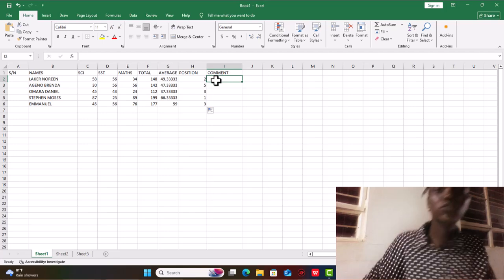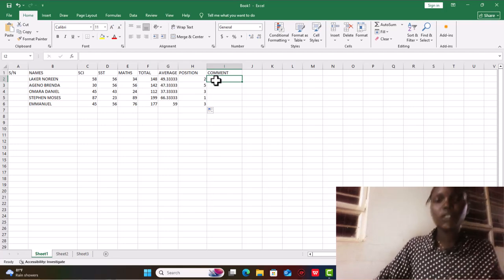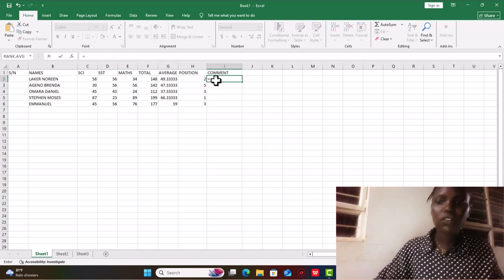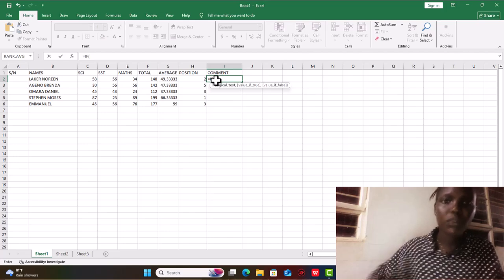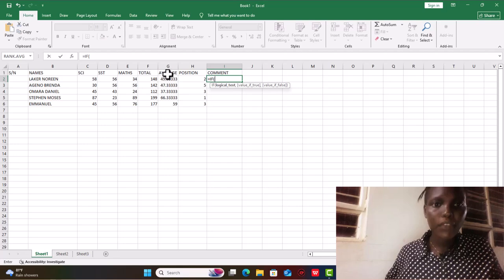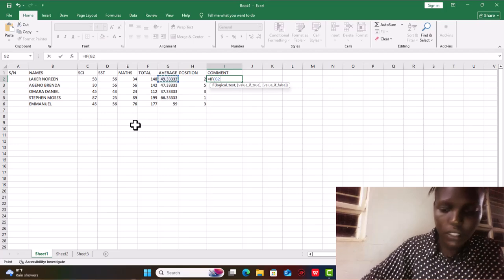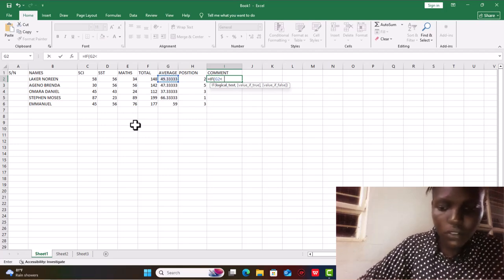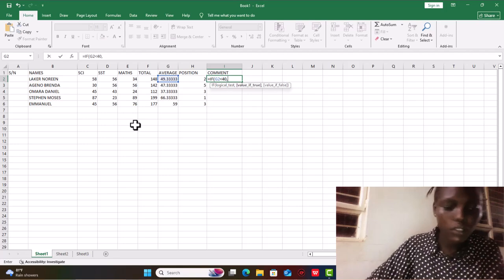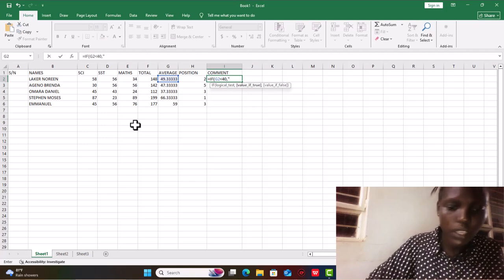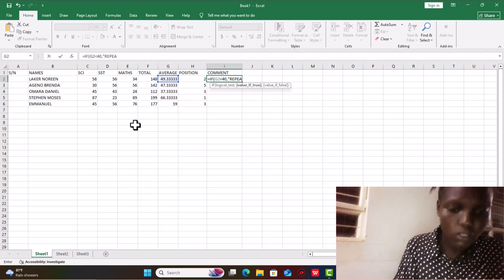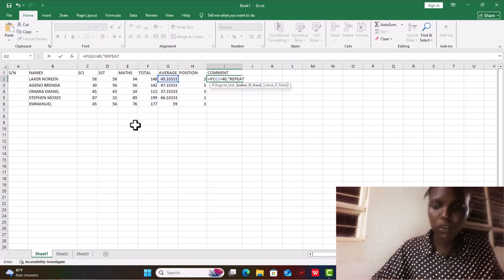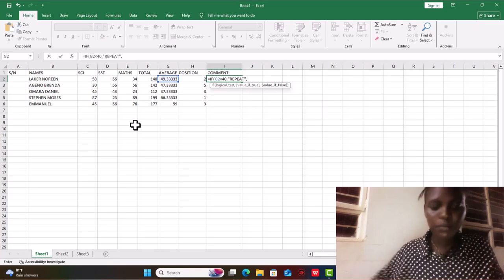And then by this you can also give the comment. You can also type the comment manually, but you're using a computer, so you give the comment using the IF function. If, you open bracket, you use average, if less than 40, comma, you open quotation, repeating. Meaning if the average is less than 40, the student is repeating, and then you close the quotation, comma,